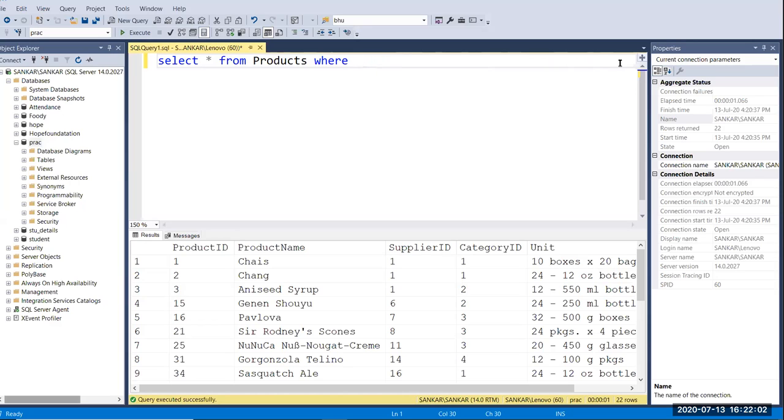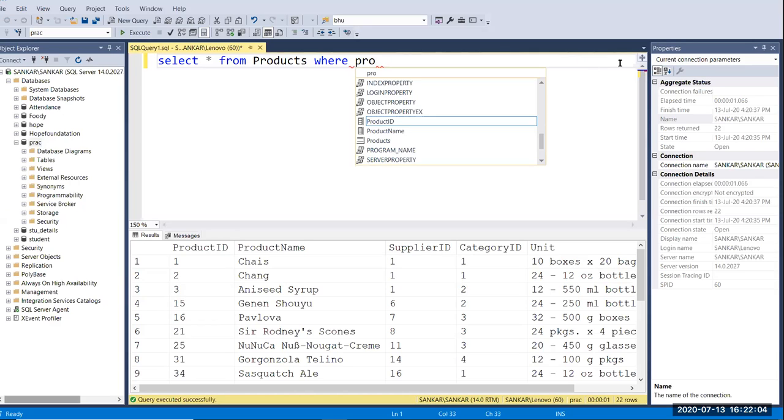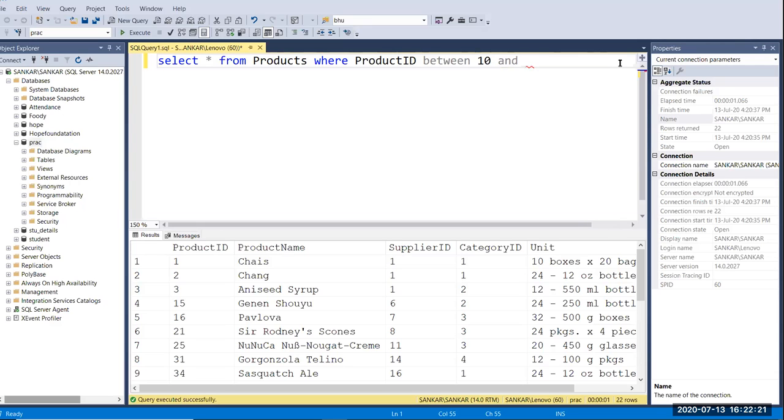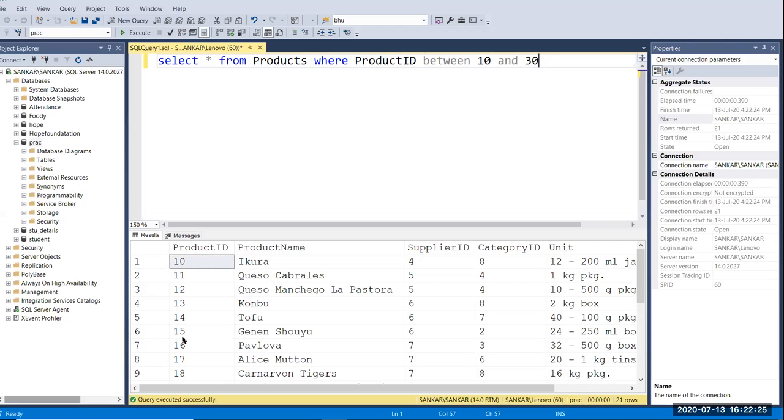Let's see one more example. Here I'm going to pass product ID, and here BETWEEN, just give 20 and 30. Now I'm going to run this. Now you can see clearly, right?